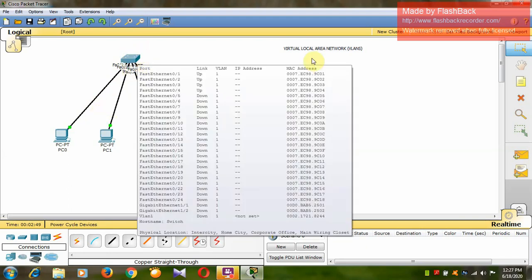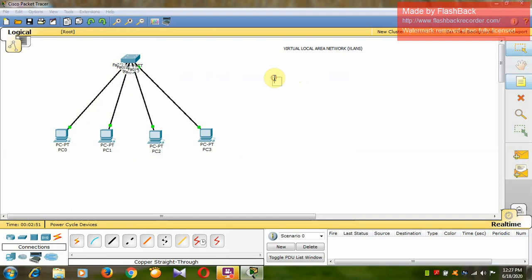So we can also write that all the devices in a VLAN are under the same broadcast domain. What do we mean by all the devices in a VLAN being under the same broadcast domain?